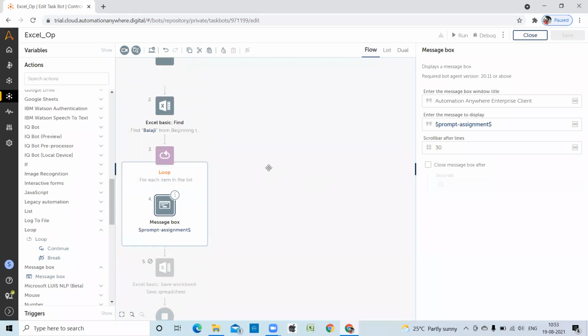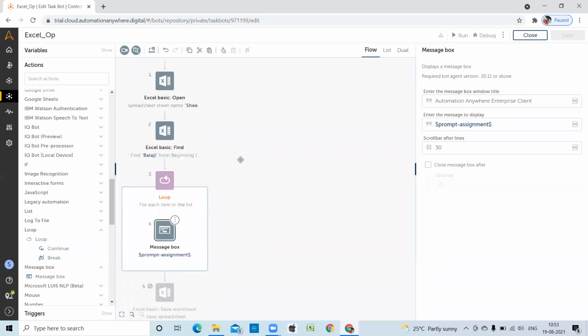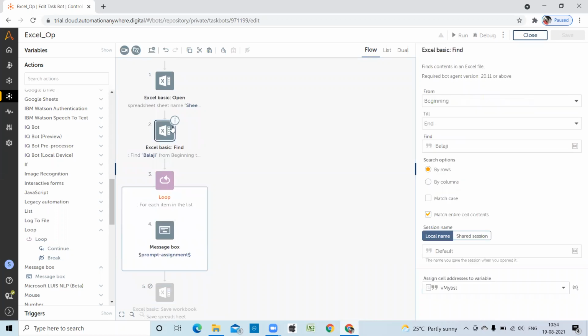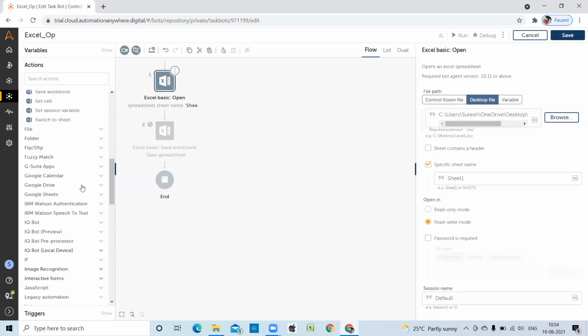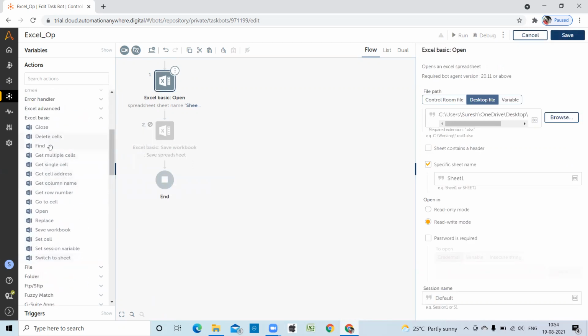Now I'm doing this one. Find, get multiple cells, get cell address.